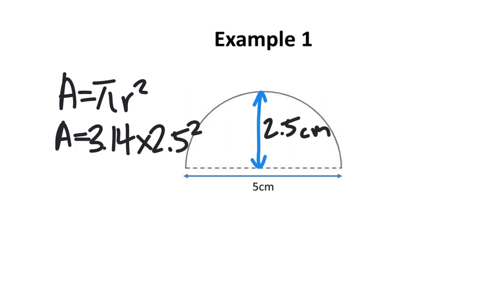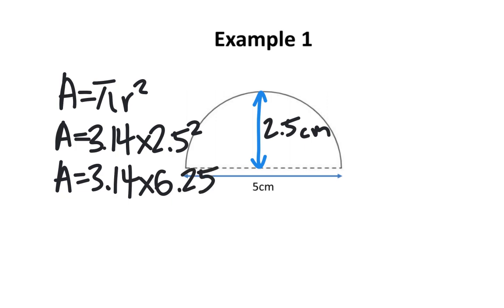According to BEDMAS, you want to do the exponents first before multiplication. Therefore, 2.5 to the power of 2 is the same thing as 2.5 multiplied by 2.5, and that actually is 6.25. At this point, you are allowed to multiply. So 3.14 multiplied by 6.25 is approximately